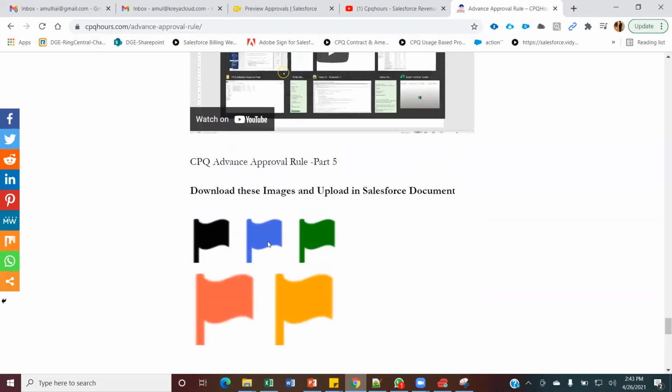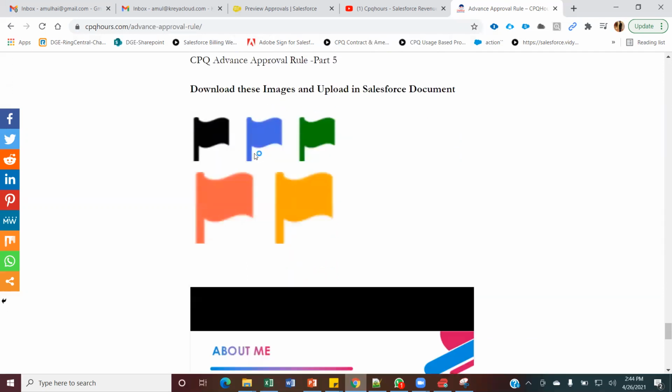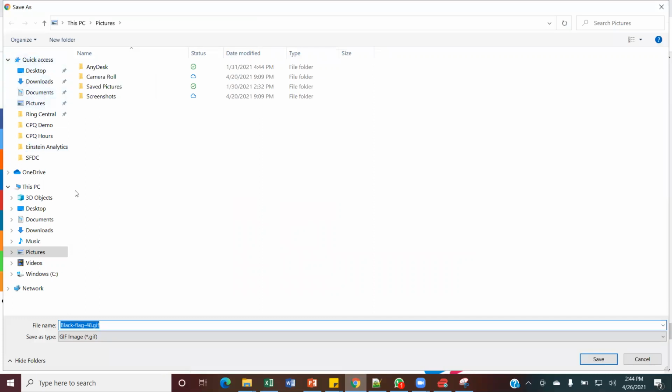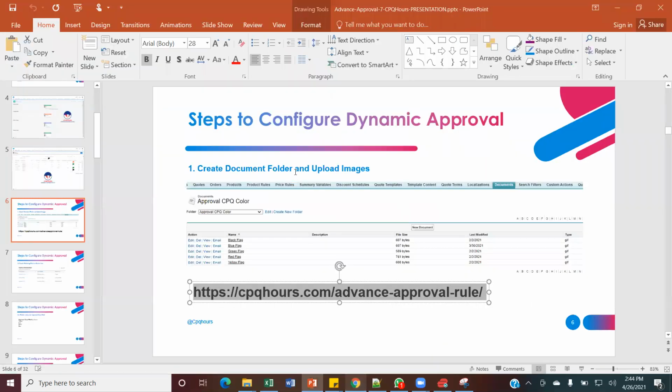If you see, I have black, blue, green, red, and yellow. You can right click and save these flag images into your folder on your local machine. The moment you have saved these flags, let's see the next step. You'll have to create a document folder and upload these images.